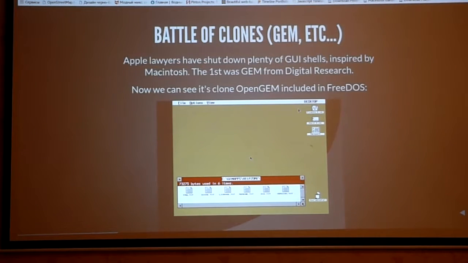Here we see the open source clone of the first graphical shell, which was sued by Apple lawyers for copying this menu on top, and especially they didn't want people to copy the recycle bin. I don't know why, but about 7 graphical shells were shut down by Apple lawyers in all these battles.